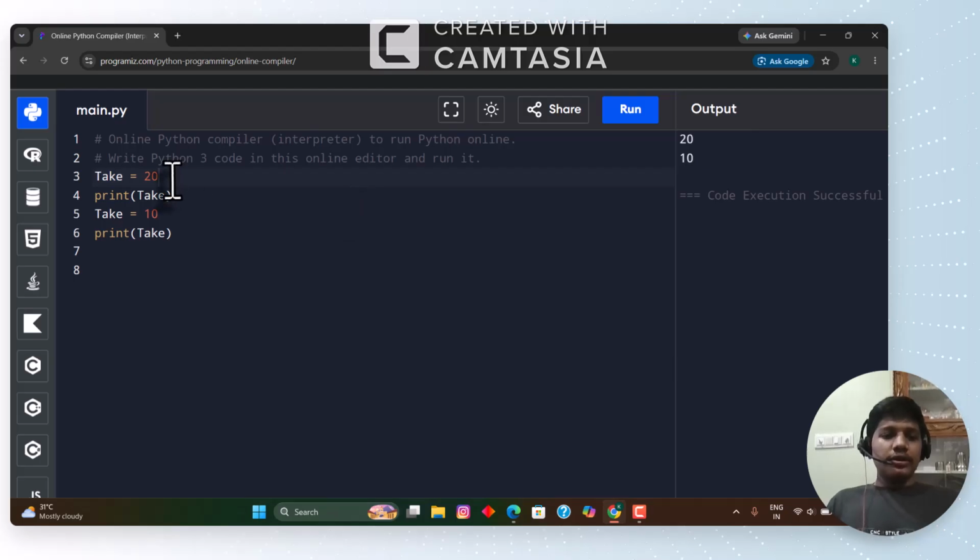See, when I remove this print here, I will get the answer 10. Why? Because lastly I gave the input 10 to the variable, so it prints 10. A variable is changeable. We can change the input to whatever we want. If I print before this, then when we print the variable here, we will get 20, because at this position the variable means 20, but at this position it means 10